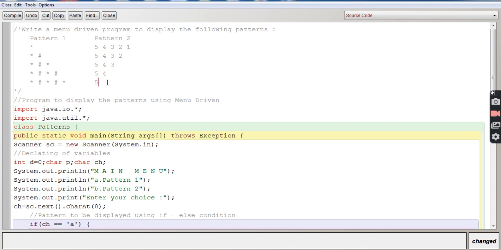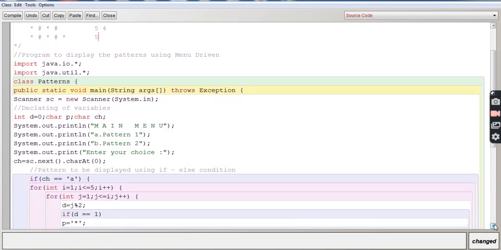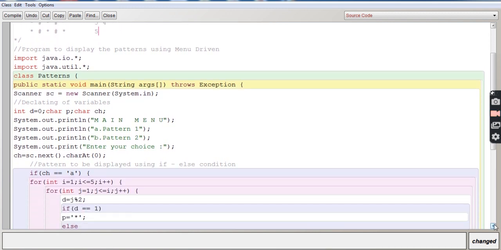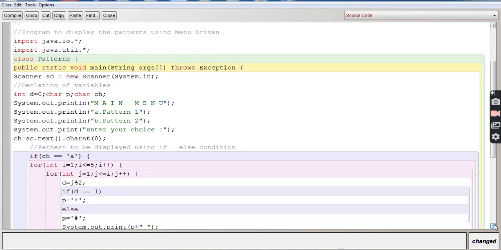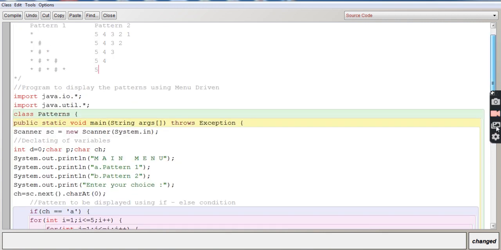So why am I counting the number of lines? That is because when you write the program and use patterns, multiple loops have to be used. A for loop, multiple loop, which is also called a nested loop, is to be used. And why did I count the number of lines? That is because in the nested loop, there is one outer loop and one inner loop. The outer loop will have to run till 5 for the 5 lines in the pattern, and the inner loop is going to be used for the logic to display the pattern.